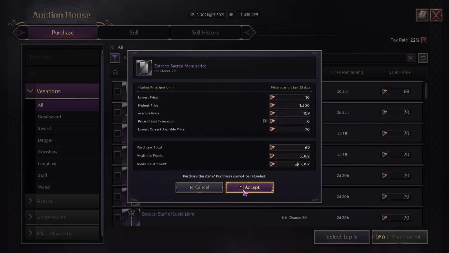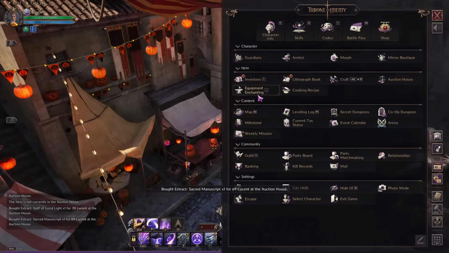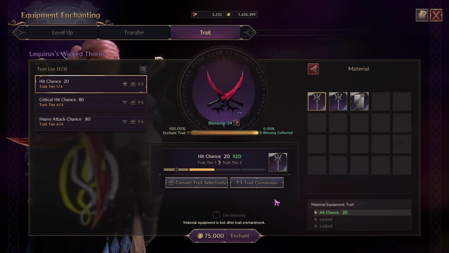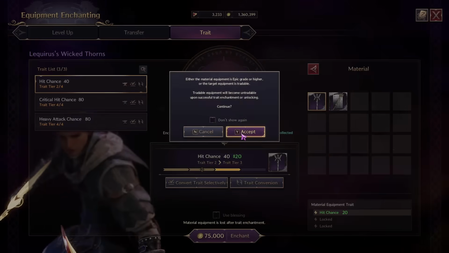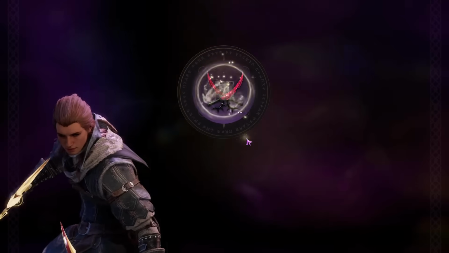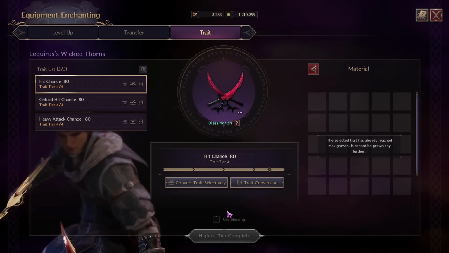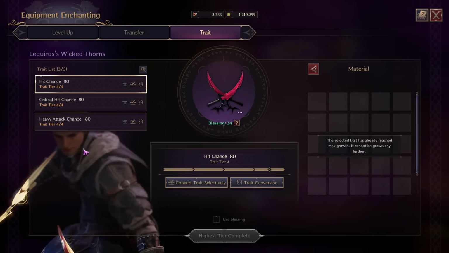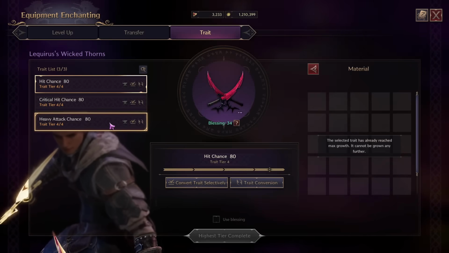So we buy 3 of these hit chance purple weapons. Again, just get the cheapest one, go to equipment enchanting, and we can now use those 3 purple weapons to get this upgraded to the maximum. Another benefit with using the blues is that you can get lucky and just get the upgrade like we did. But don't do that if the trait on purple is again less than 100. And there we go. Maxed out purple weapon for less than 1,000 Lucent cost,